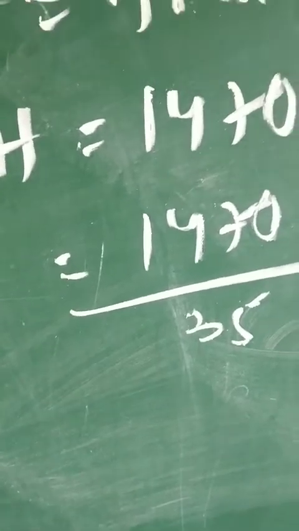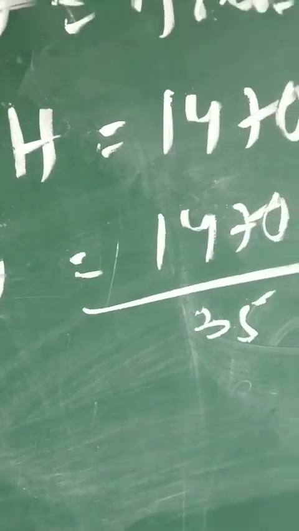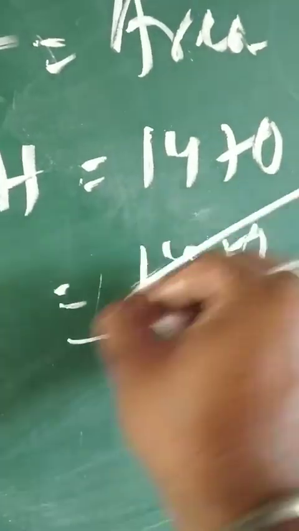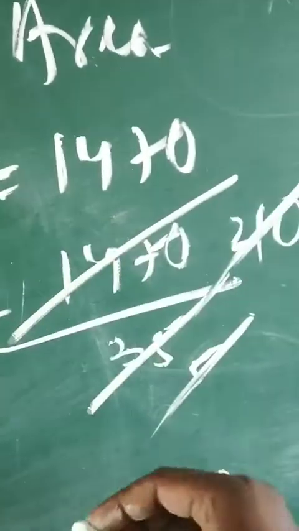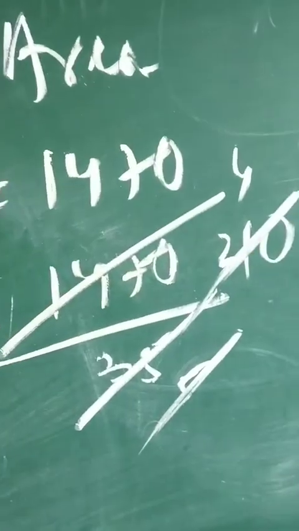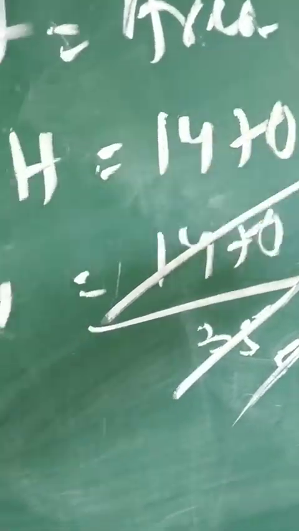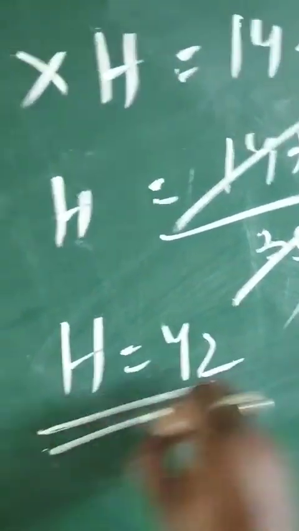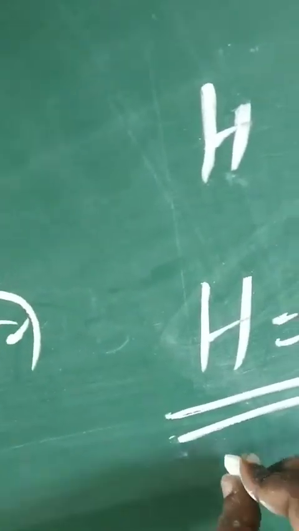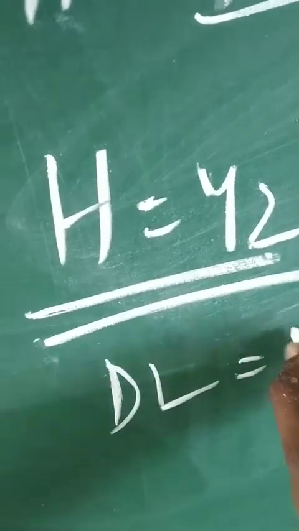And we can cancel it by 7. 5 7s are 35. 7 2s are 14. 7 1s are 7. 0. Again it can be cancelled by 5. 4 5s are 20. 1 5 2s are 10. The measure of the height is 42. Here the height, DL, is equal to 42